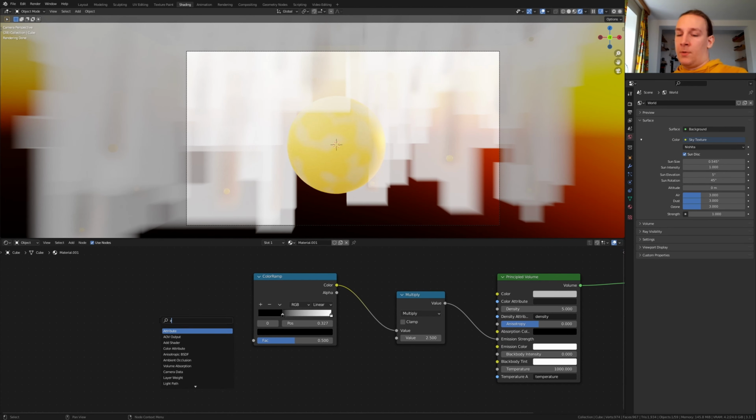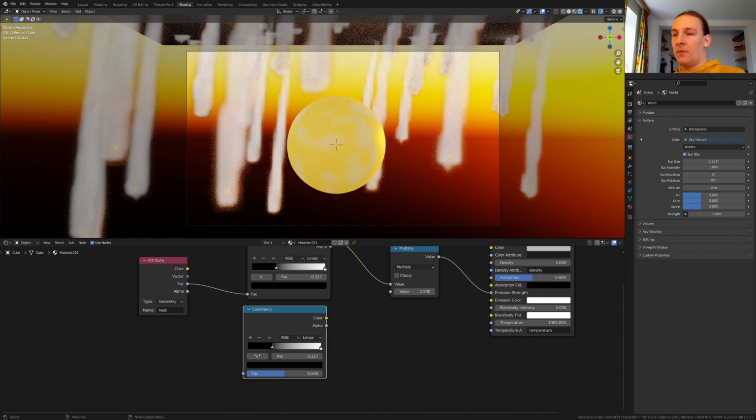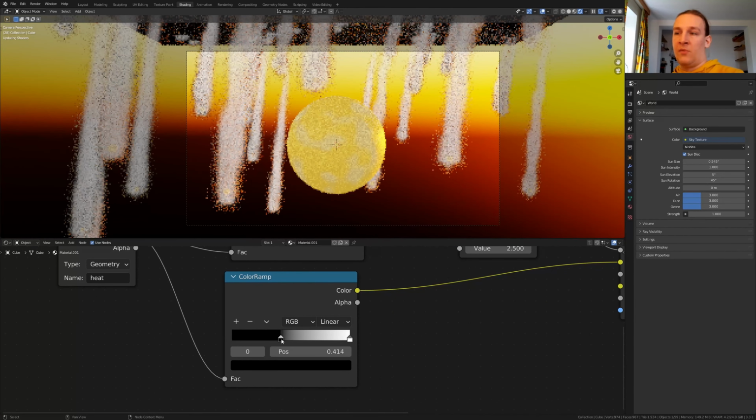Add an attribute node and let's set the name to heat. Plug the factor into the factor and duplicate the color ramp. Again, let's use the factor. Plug the color into the emission color and bring the black into somewhere around here, the white here, and click